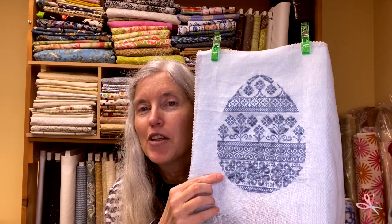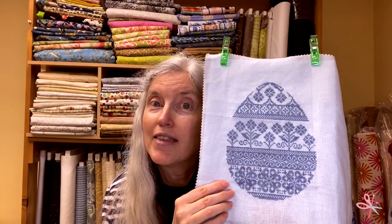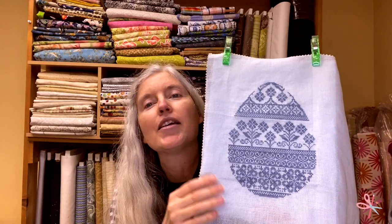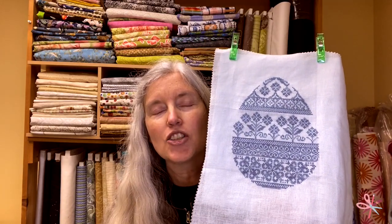I think I'm going to turn it into a shaped pillow. So I'm going to be working on that in this coming week. And next time I have a Flosstube, I will show you the final finished object, I hope. And of course, after that, I need to finish writing up the chart and instructions and all that good stuff. This is stitched on